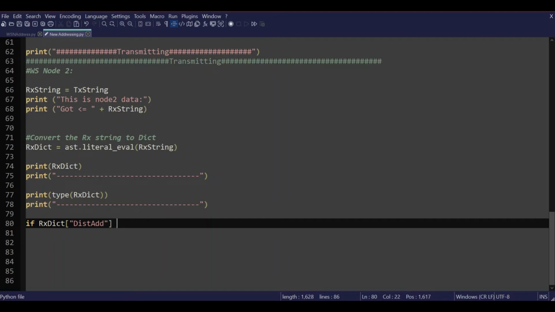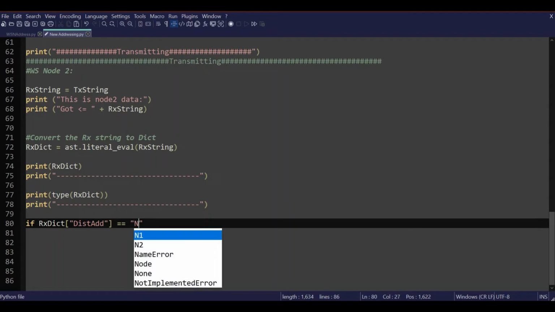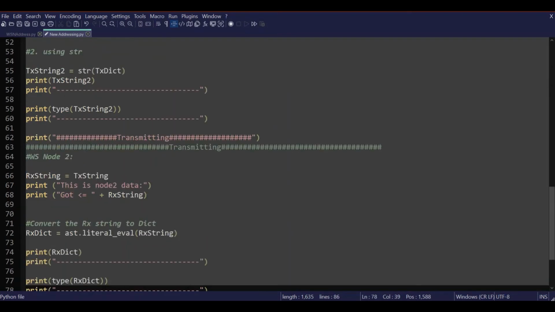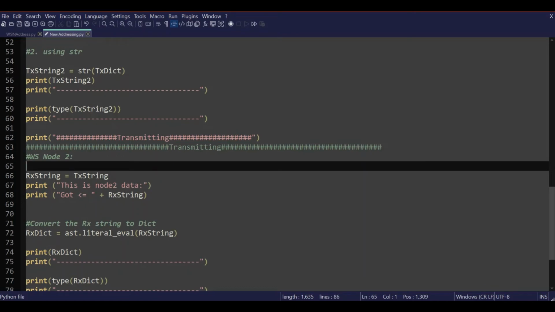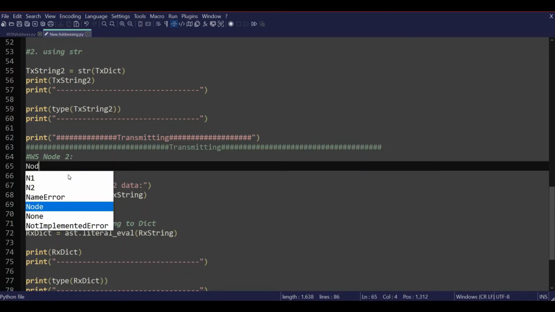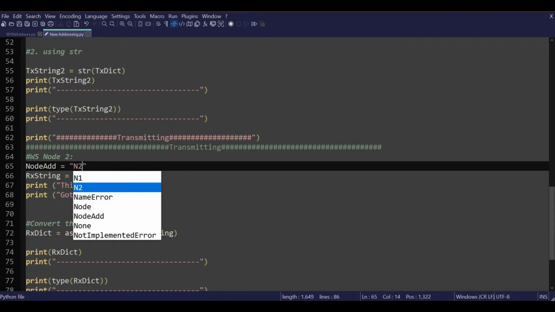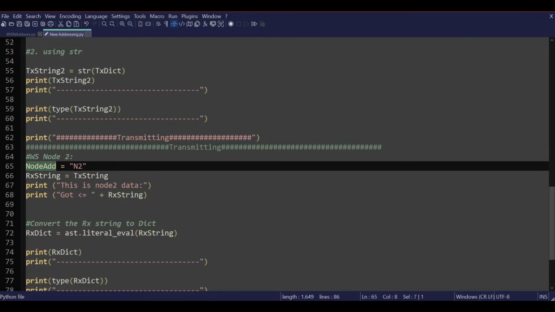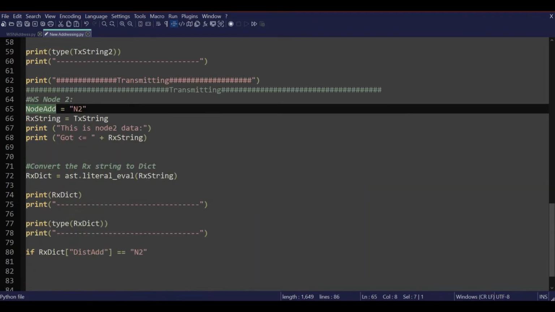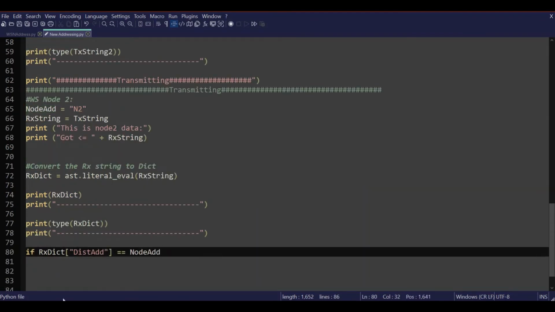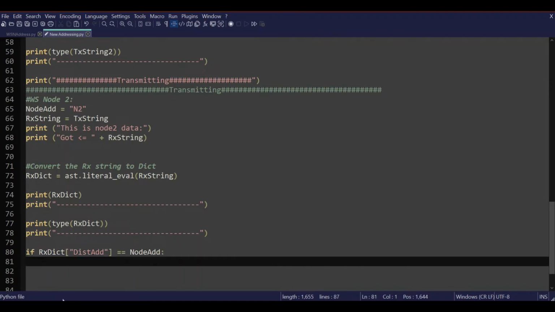If the destination is equal to node 2, because we are now in node 2, or better, we set here node address equal to node 2. So here we can say equal to node address. If the destination is the same,